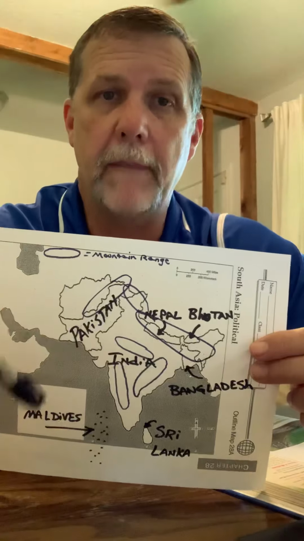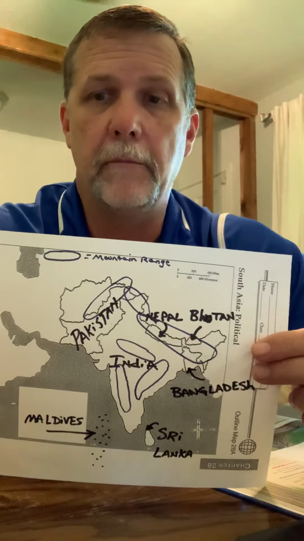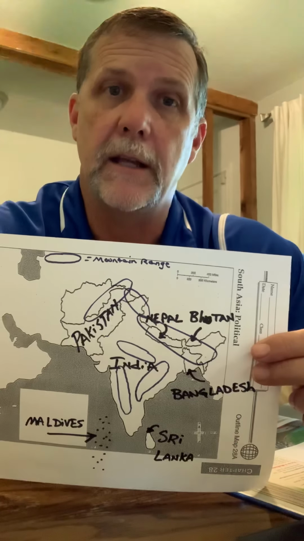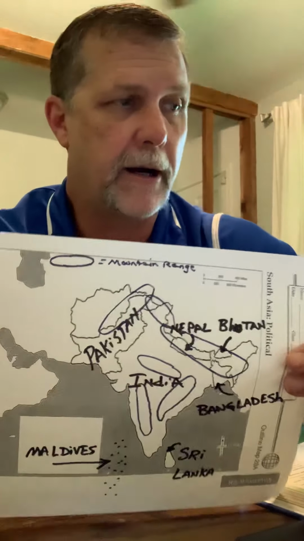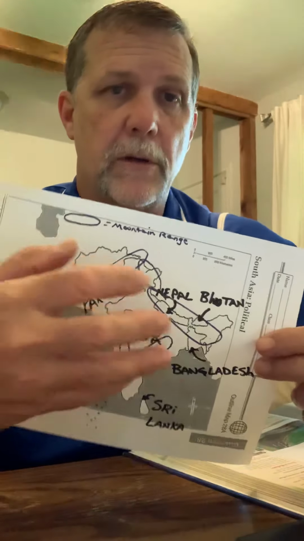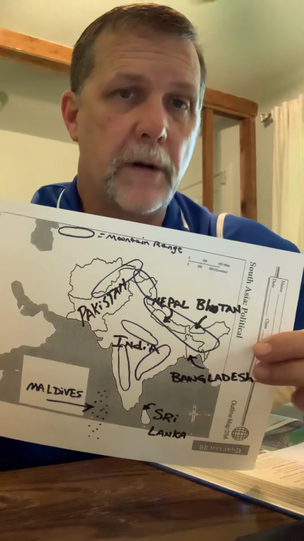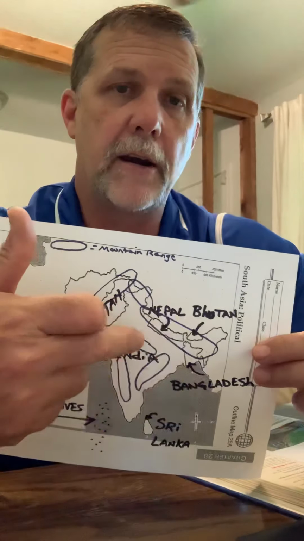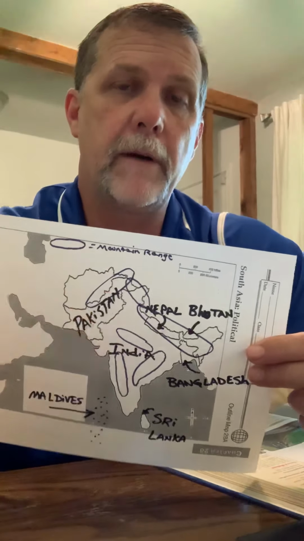And those are the three main rivers that basically will provide water for millions and millions of people in this entire area. These rivers will flow down, not just provide water, but also flow down with some really rich soil, so that these areas all along here and all along here are very fertile.